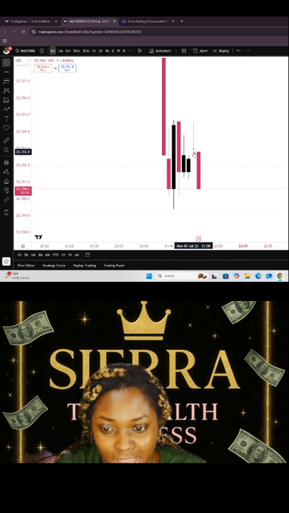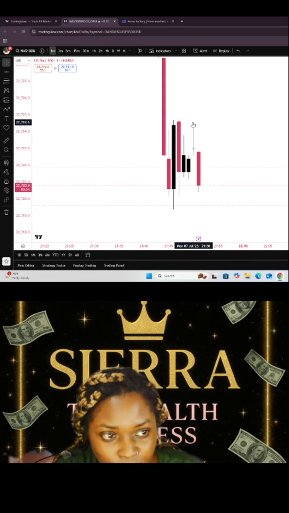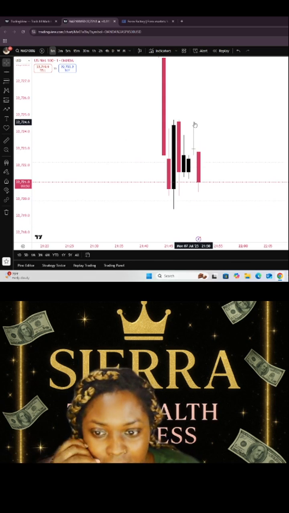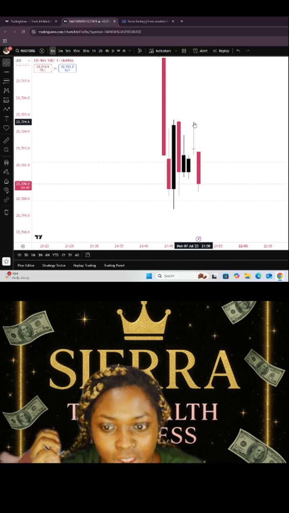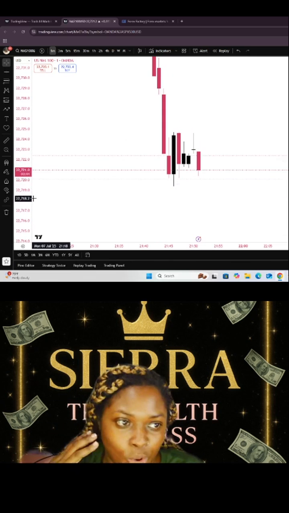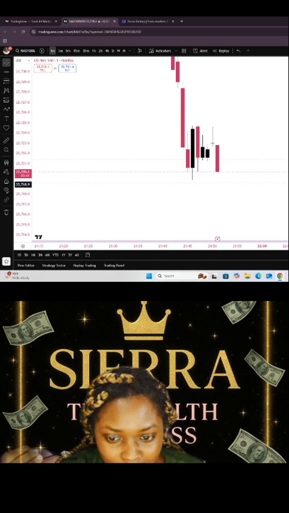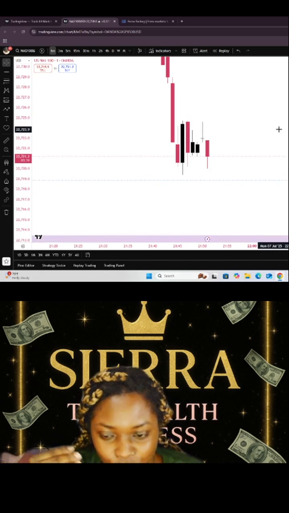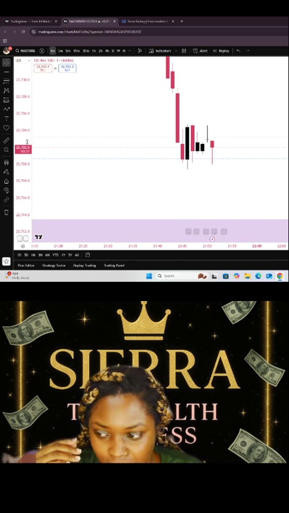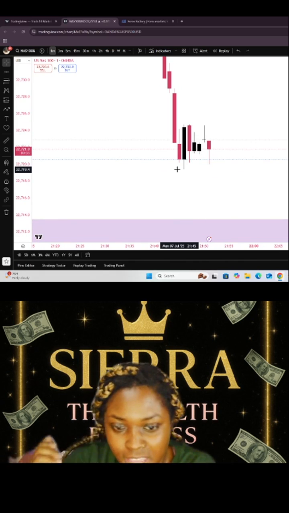But if you'd have got in, you saw how it just came all the way to the top and it was super bullish, and you're like, okay, yeah, we finna buy. Then you get in at the top of the candle and then the candle closes and now it's going in the opposite direction. That's the worst thing ever. Okay, that one right there was a perfect candle. You want to wait for the candle to close. Okay, and that's why I use my timer. And then I also